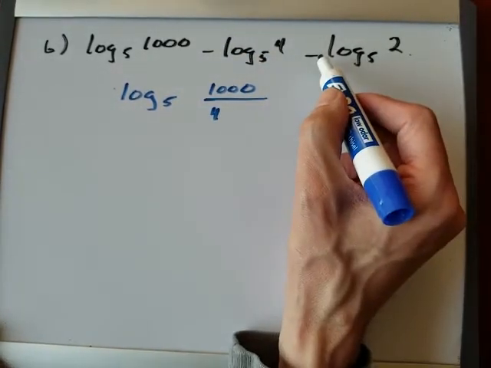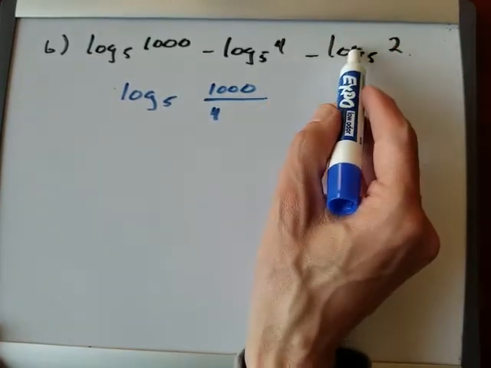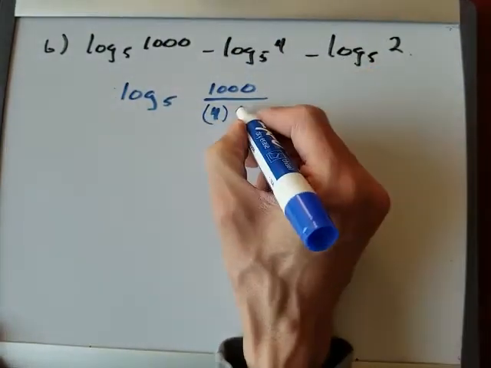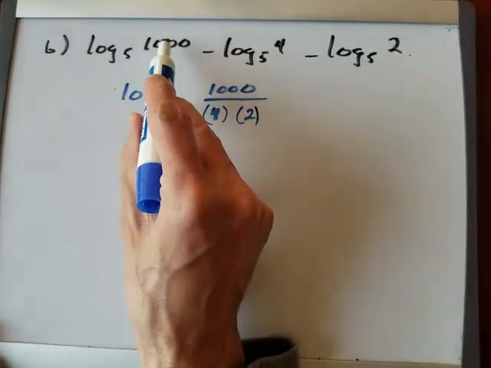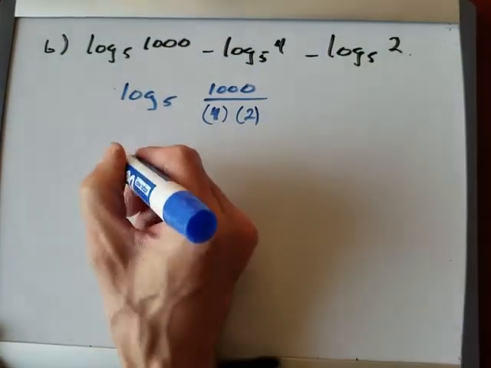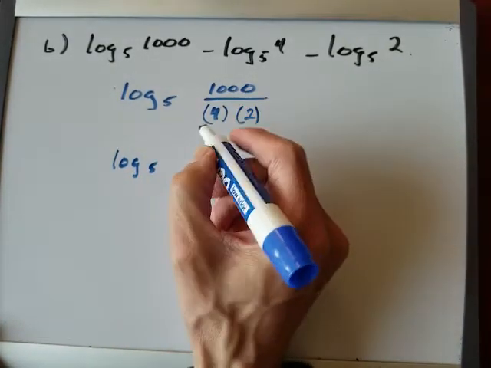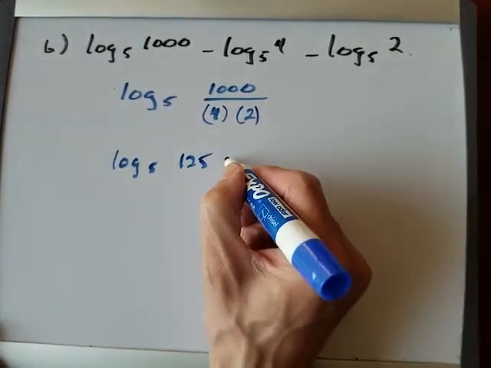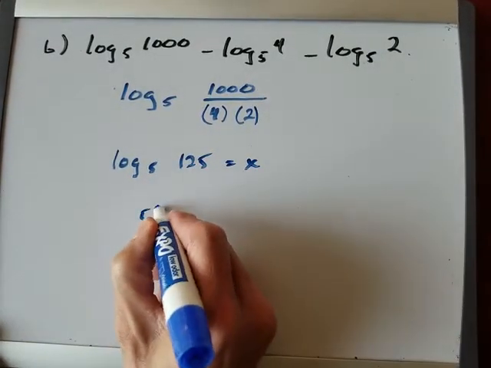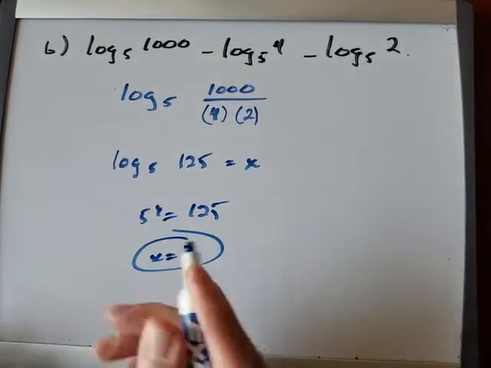This subtract also means it parks like a division, and don't get confused, related back to the original term, all it simply does is it parks the 2 beside the 4. Just think this guy is on top, the minus puts both of them in the denominator division. This is then log base 5 of 1,000 divided by 8, which is 125. Then we can start to do our spin around. 5 to the power of x is equal to 125, and we see that x is 3, and we've evaluated